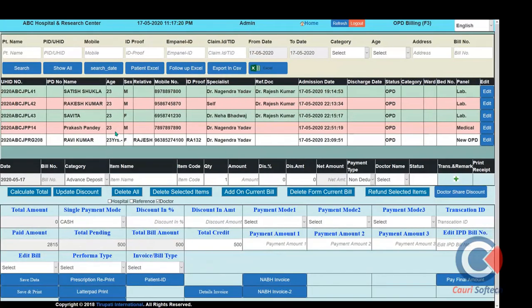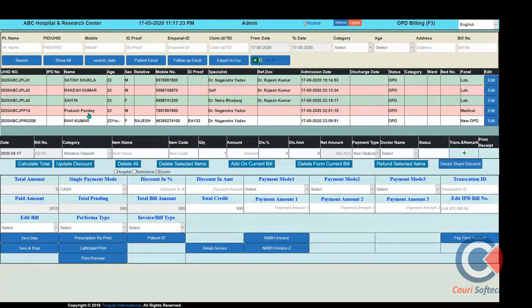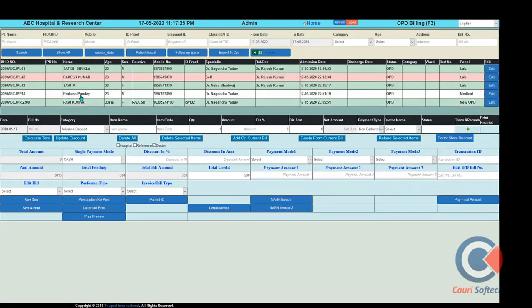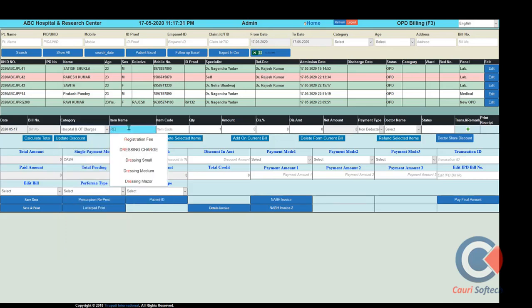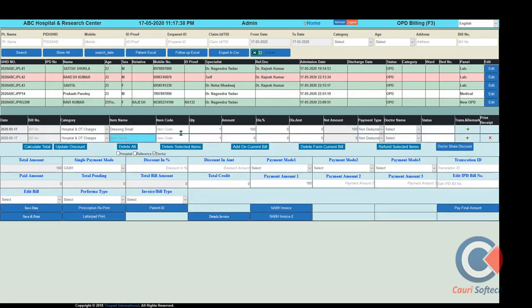After completing this entry, assume some patient has to do billing that is not advised by the doctor, but we still have to do things like dressing and other services; you have an option also open. The billing user can select the category to do the dressing activities, any oxygen charges, any additional charges, like nebulization charges, and perform the billing to the patient in a single payment mode. In that case, both service tabs can be accessed.